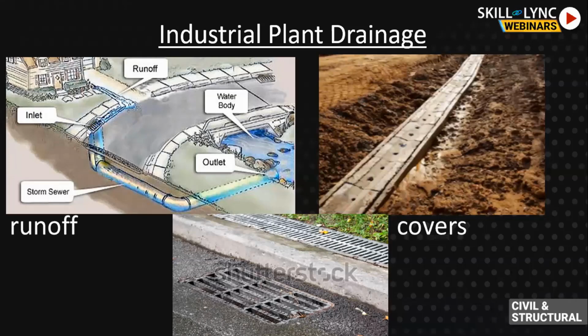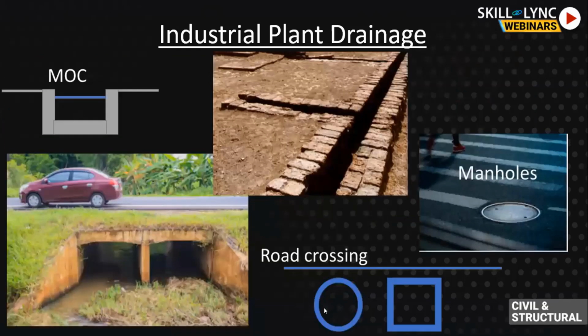It is such a big thing that it has a cover in such a way that a person or a wheel of a vehicle doesn't enter it or get stuck in it, but yet there are openings. The water from anywhere can enter it. The water goes down, then it is connected to stormwater drain pipes, underground pipes. At the road crossing, I told you there are pipes I showed over here. These are the pipes for the road crossing.